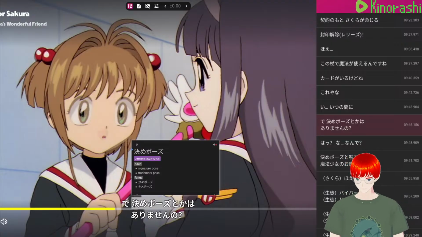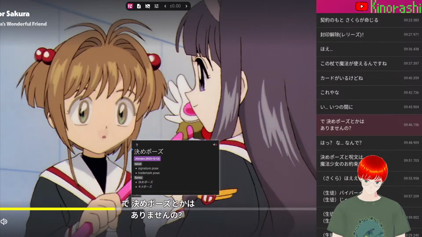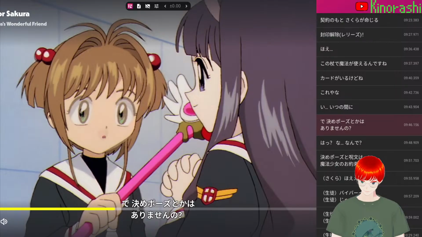Okay, what is kime from though? Agreement rule. Oh, okay, so it's basically to decide, decided pose, aka your signature pose. De, it's from the verb kimeru. De kimeru pose to